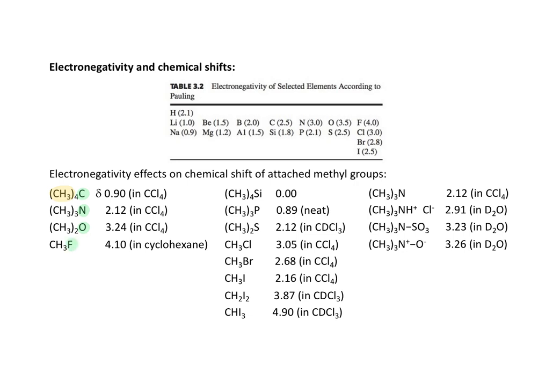And you can see that there's a steady progression in the deshielding effect as a positively charged nucleus draws electrons toward it. With third row elements, such as tetramethylsilane, the nucleus is relatively electropositive,